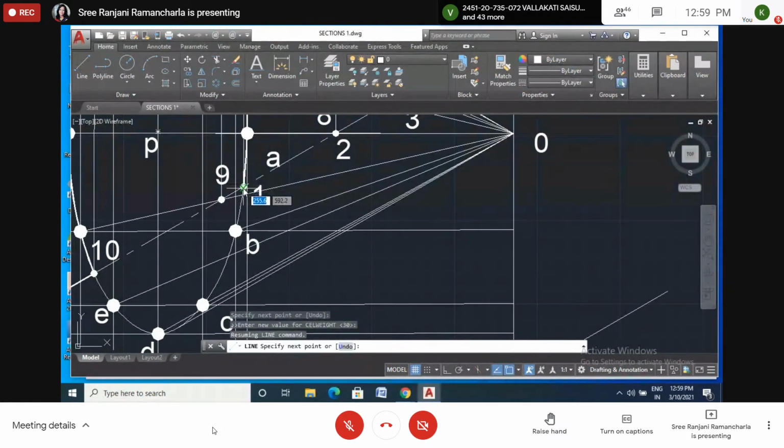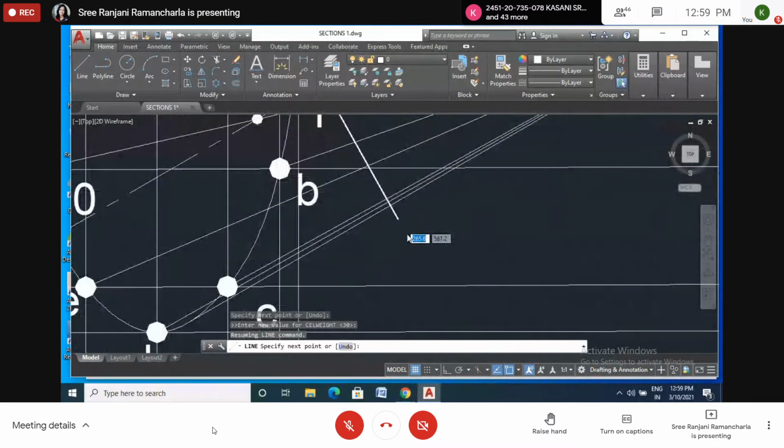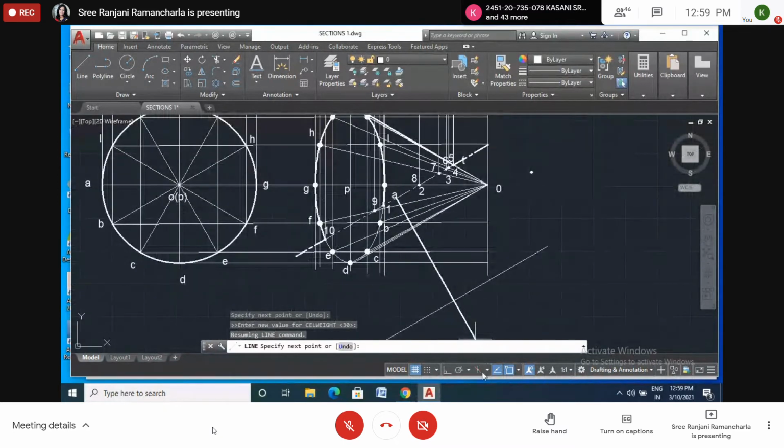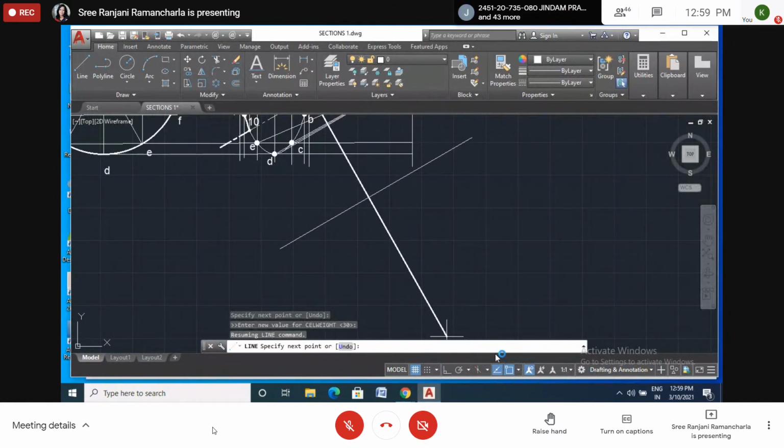I move like this. First we'll draw the one line, not exactly there.